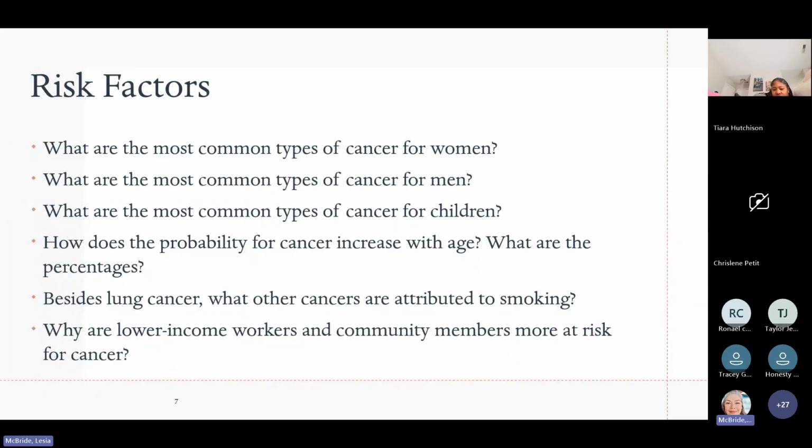From your reading, I hope that you paid attention to what the most common types of cancer were for women, for men, and what they were for children. For women, the most common sites, and you may want to make note of this, are the breast, lung, or colon, or rectum. Among men, the three most common sites for new cancer diagnoses are prostate, lung, and colon. And then for children, 28% of cancers that affect them are from leukemia. And then another 26% are usually brain or central nervous system. And those are the most common cancers in childhood.